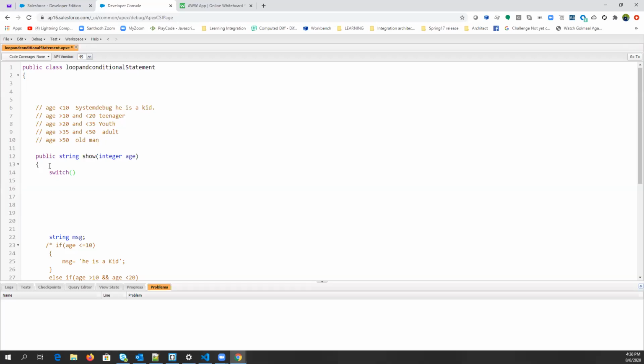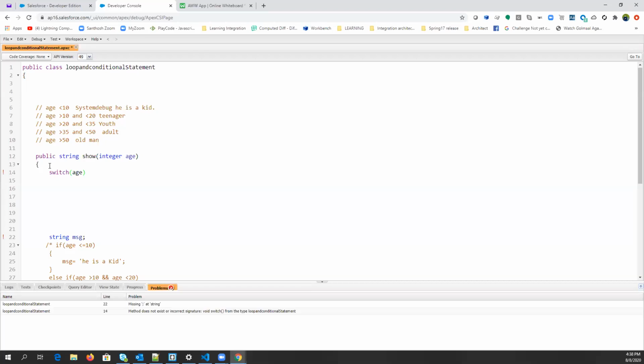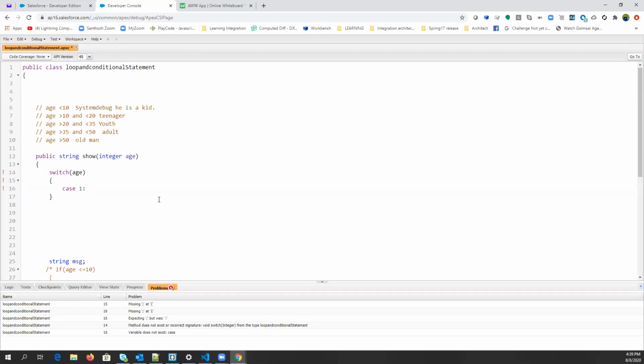In switch, if any of the branch values is not matching with the expression, then we can execute the default block statement. So we write switch age, and then when the age is this, we can print case one. Yeah, we put a condition here. Yes, its syntax is a little bit changed in other programming languages.